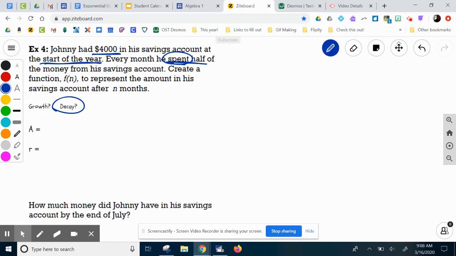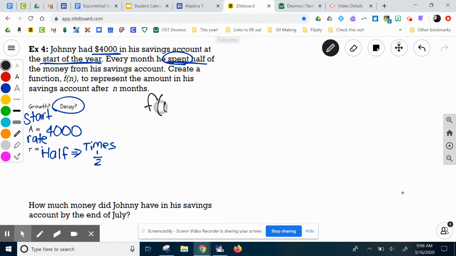Okay, so A is always what we start with. And Johnny started with $4,000. Okay, the rate this time is he spends half. So we've got half here, which means times 1/2. Okay, our standard equation, f of t is equal to a times 1 plus the rate to the power of